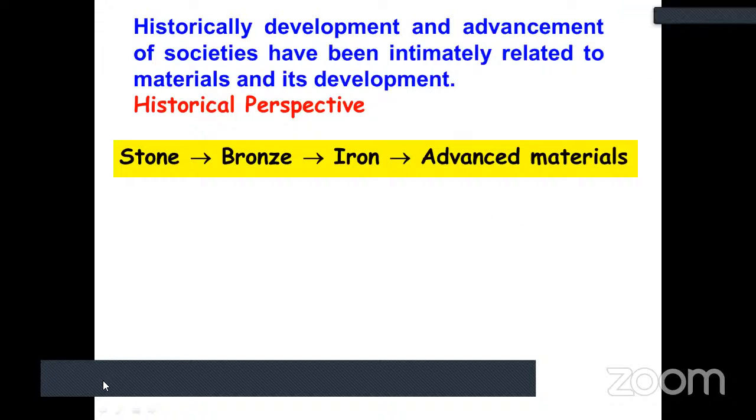And now we are in an age of advanced materials, modern materials, that is, we can say, nanomaterials. So here is the